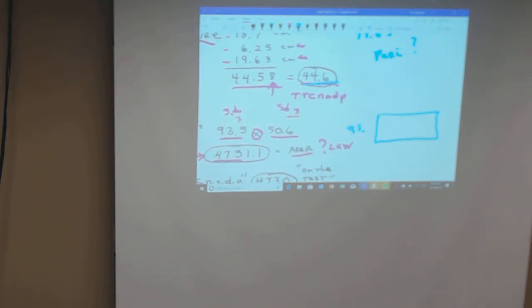93.5... whoops, got them backwards. 93.5 up here and 50.6 here. And what's the area? How do you find the area? Length times width. So you multiply those two together,